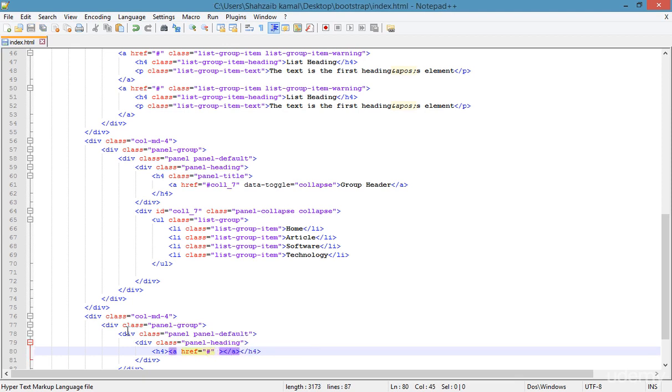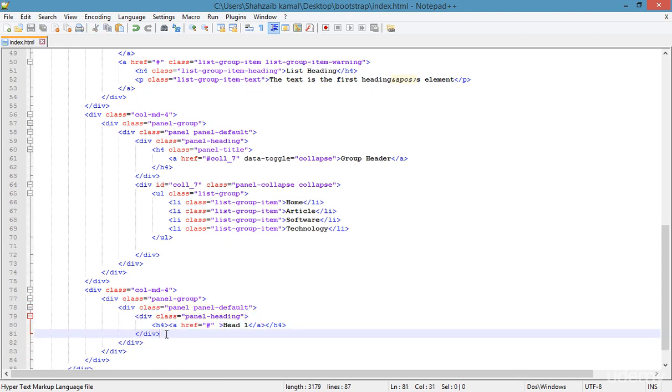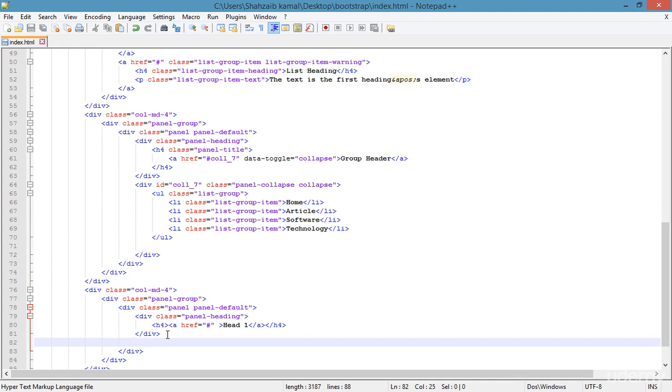So by the way, then what more is needed? I'll add the extra elements later on, definitely we need. Here is the a tag. I'm just putting the head 1. Okay, so then what I'm just doing, just after the panel heading, I'm pressing enter and adding another div,